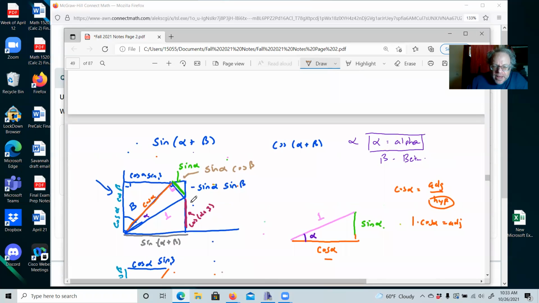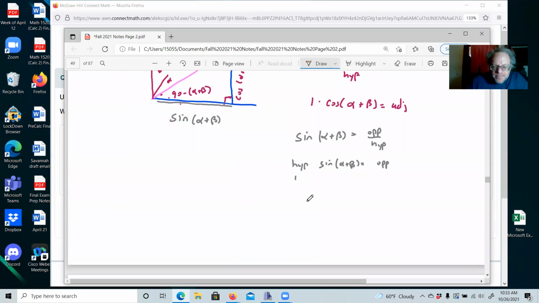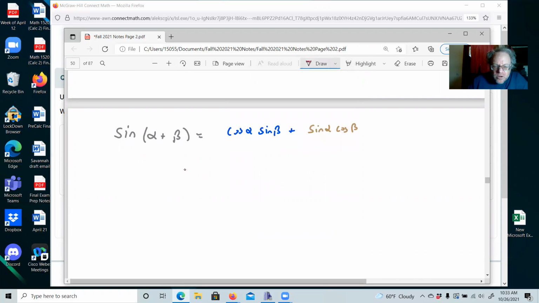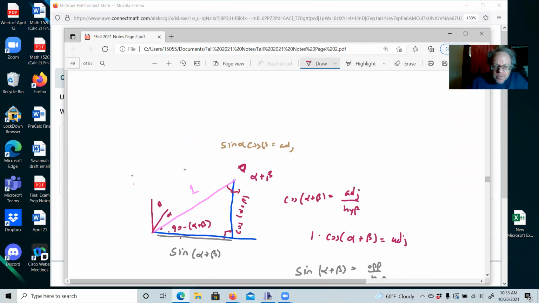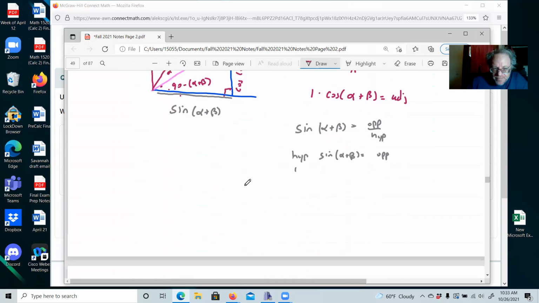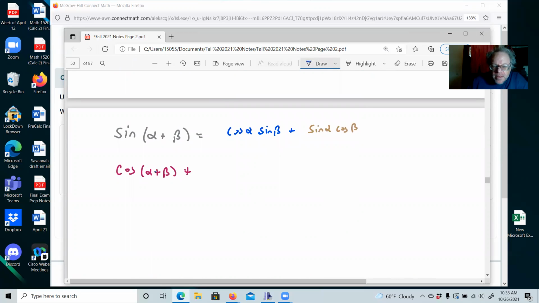And then what were we doing with this? So we had this red here, and we said the cosine of alpha plus beta plus, right? Because we want the two sides to be equal. So cosine alpha plus beta plus, again, with the blue, sine alpha, sine beta. Okay. Sine alpha, sine beta is equal to,